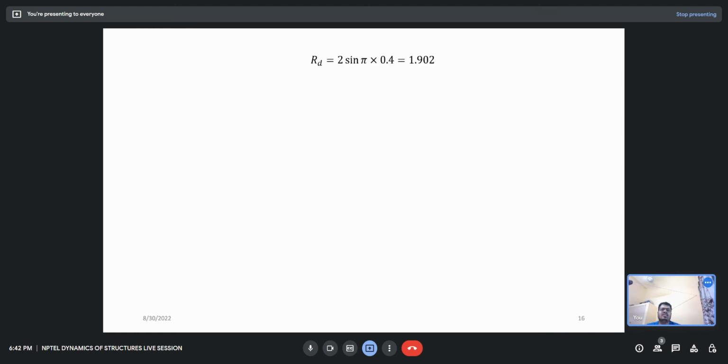If I calculate this RD with TD by TN as 0.4, RD comes out to be 1.902. Now I have got my RD. So what is my maximum displacement at the top? That is U naught, equal to P naught by K into RD. P naught is given as 20 kilonewton. What is my K? Because I have found RD, we have to find K. So for the hinge supported case,